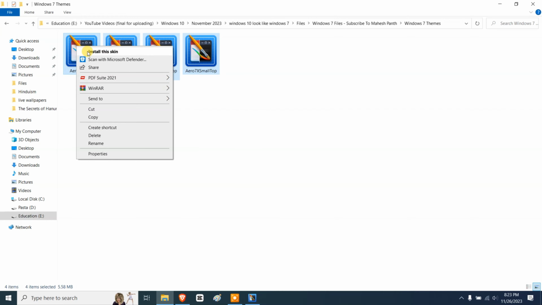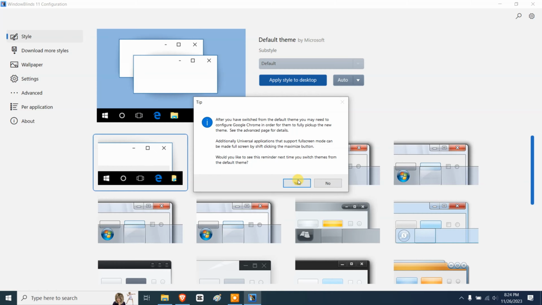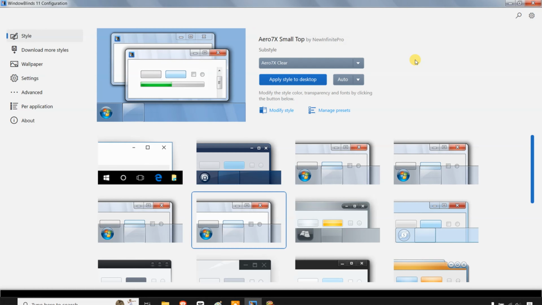So we're gonna search for Aero 7x small top. All right, here we have Aero 7x small top, and we're gonna go over here and apply style to desktop and click on yes. And as you can see, the taskbar already looks like Windows 7, but if we open up File Explorer here,